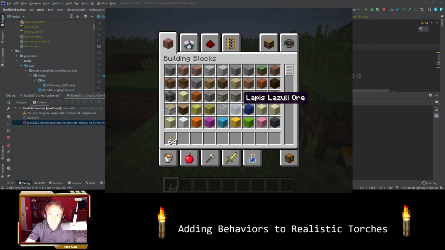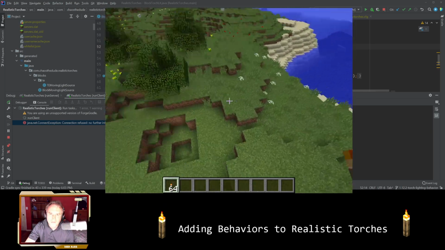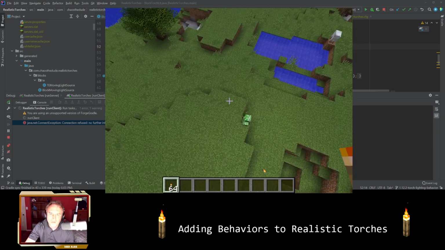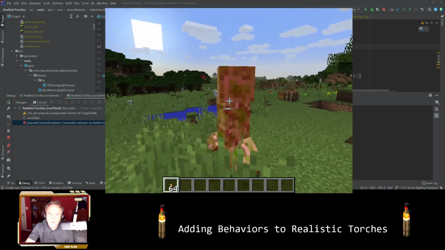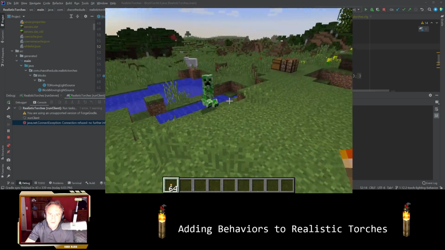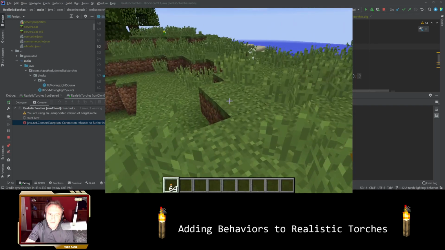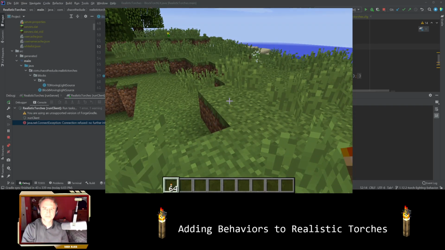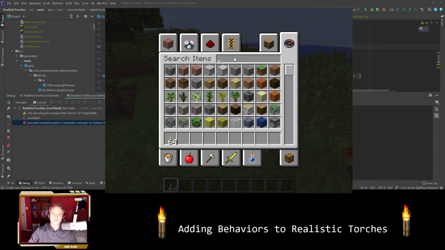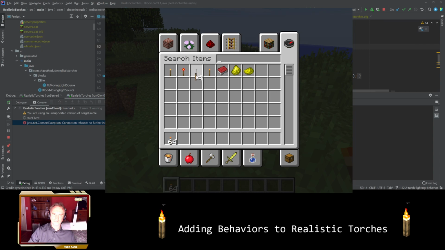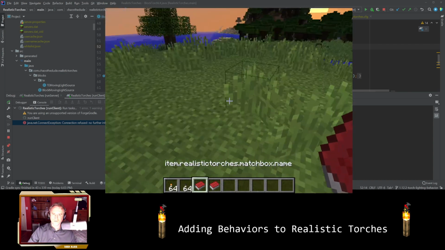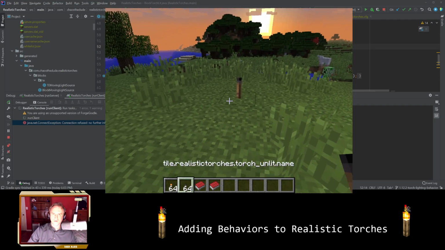Am I still... yeah, I'm still in creative mode. Good. Okay. So when we put these down,